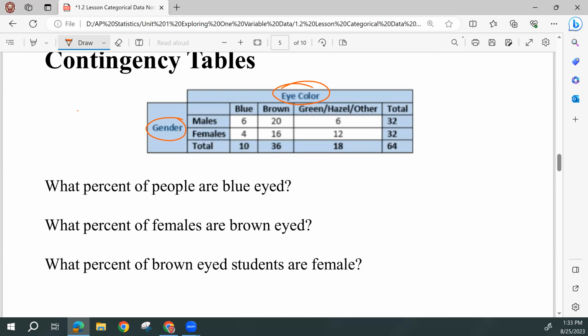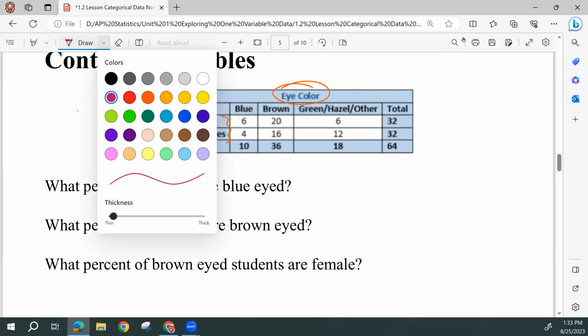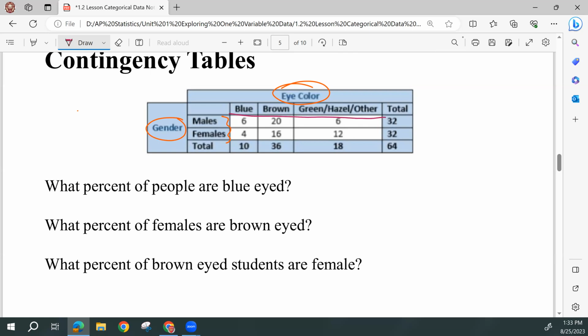Just talking sort of about the anatomy of this contingency table. We have the two parts of the category gender, male, female. Just on this study and what they studied. Then we have the types of eye color they were interested in, blue, brown, and then basically other. And then we have these margins where we get the totals from each row and each column, and then 64 would be the total number of people that we